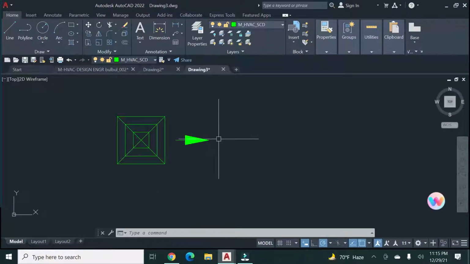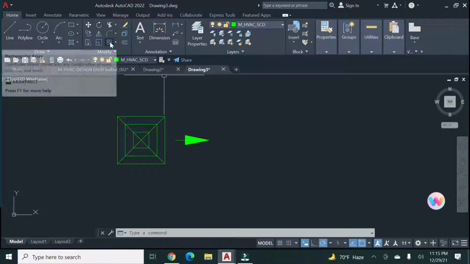It's conditional here. So I need three arrows, this side and this side. So I need the array command, the polar array command. When you show something circularly around a center object, you need the array command.